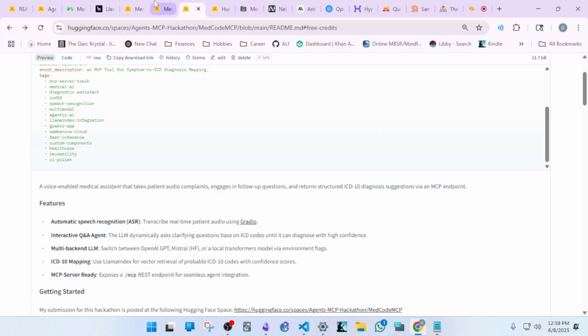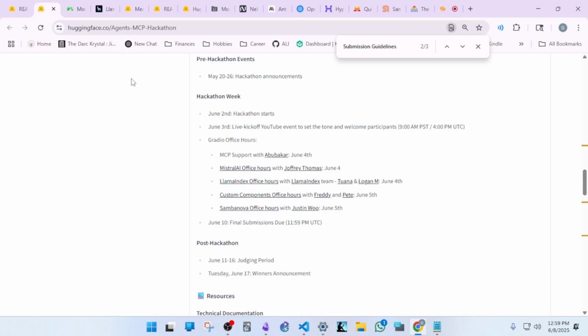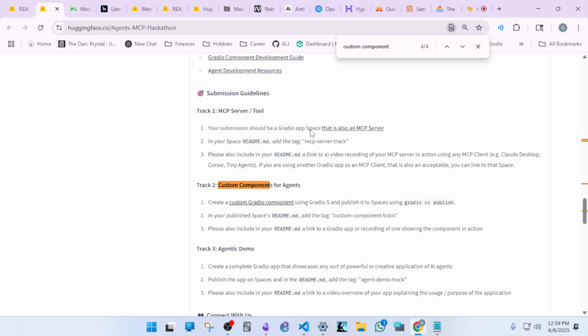I forget exactly how, but I'm not sure it would qualify for the custom component. Let's take a look. You'd have to publish it to Spaces using Gradio CC publish, and then you'd have to add this tag, and then you have to have